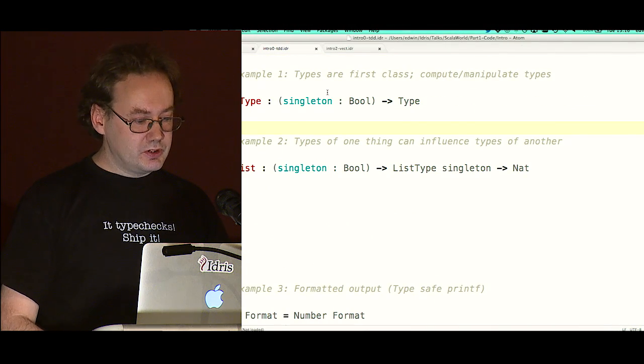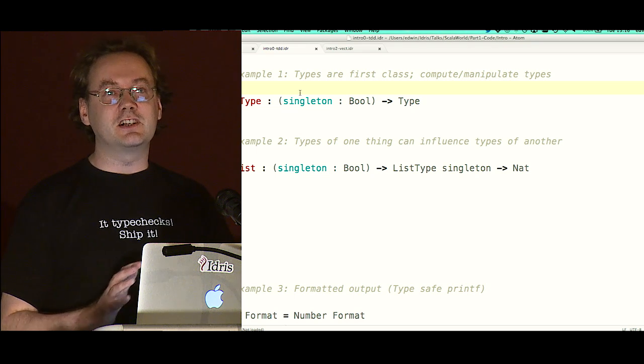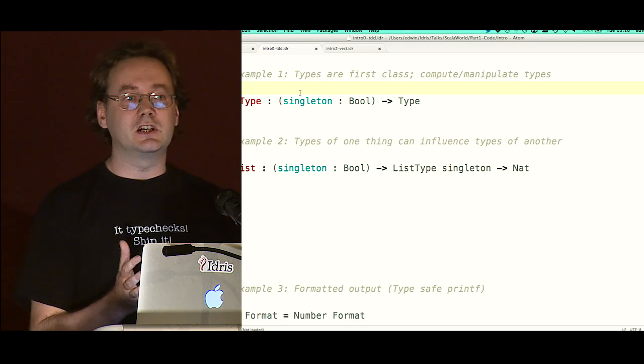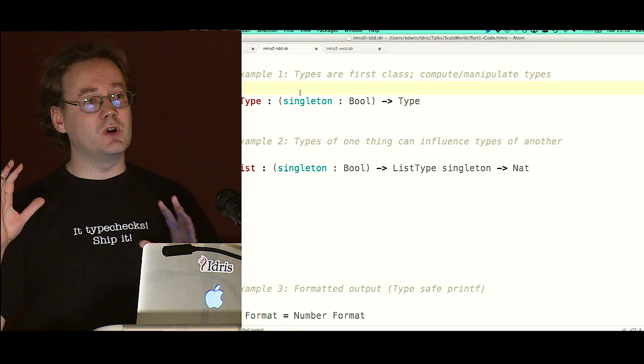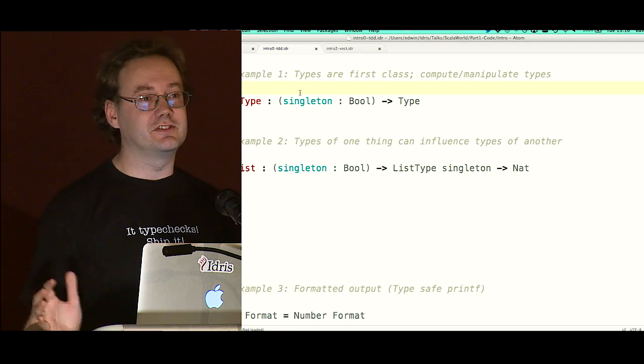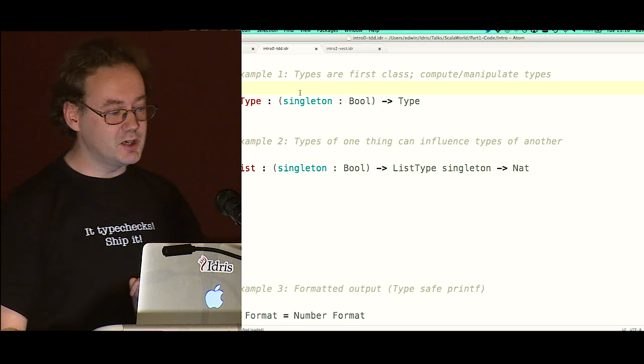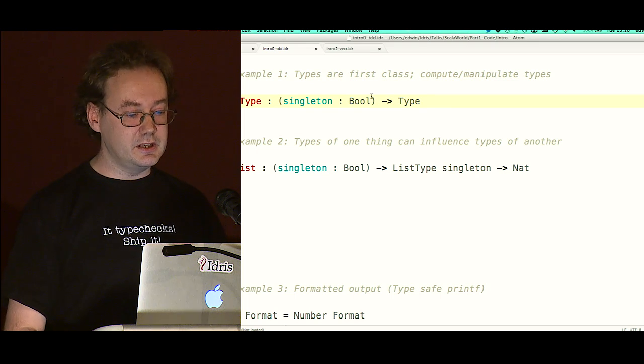So the first example I want to show you is the simplest first-class type. If you don't get what I mean by first-class types, this will hopefully make it more clear to you where the distinction really is between types and values. There isn't one. So I'm going to start by writing a function. This is in the Atom text